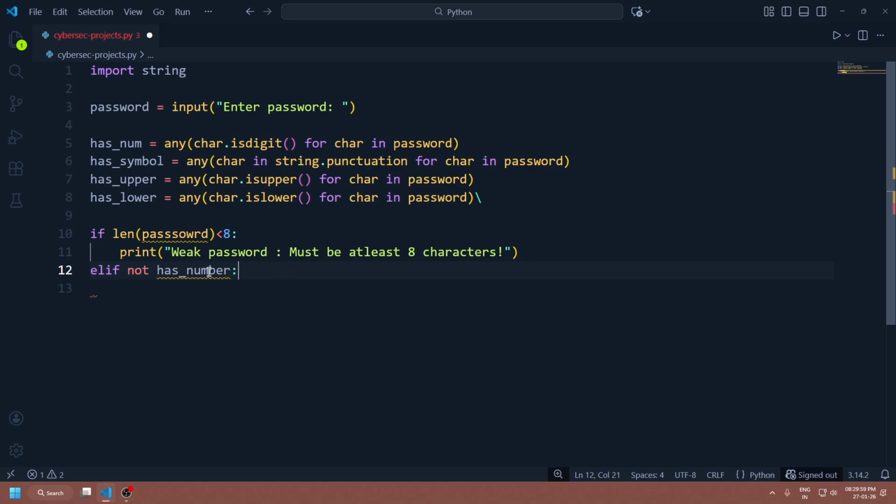Okay, so I used has_num here. Actually, I'll just replace it with this only, and then I'm gonna copy this to save some time. Print "Must include at least one number",